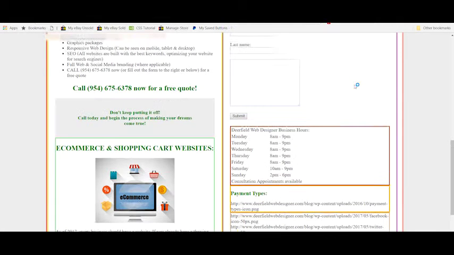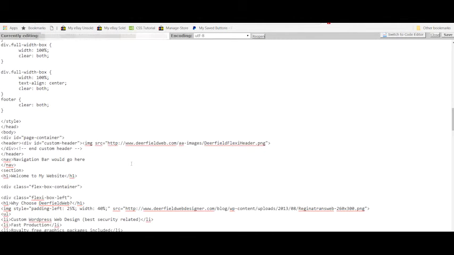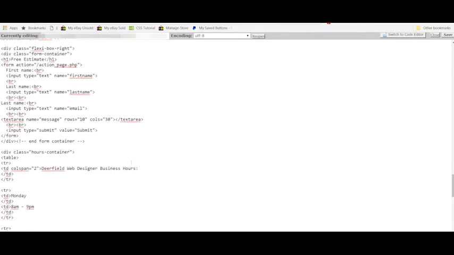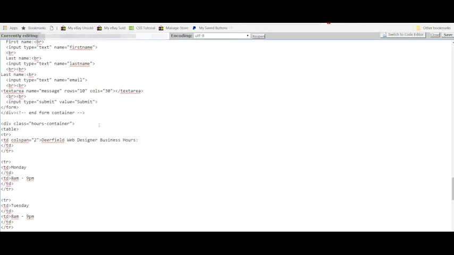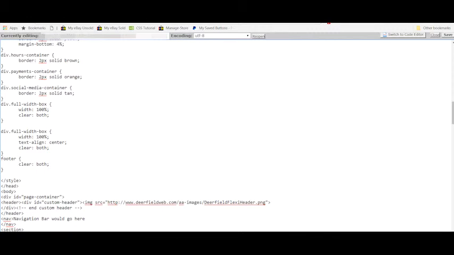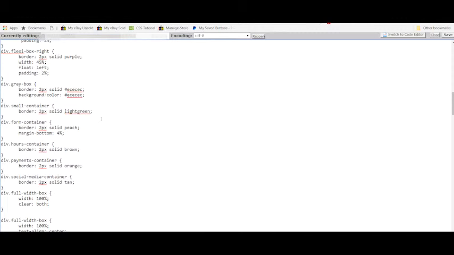All right, now this is our table for our business hours. So let's go over here and do our table. Okay, so here we go, table. Since we only have one table here, we can just do the table as it is. So let's do that now. Let's go up here. We did the hours container. So inside of that, we're going to have table,